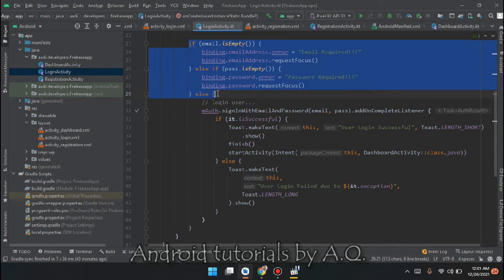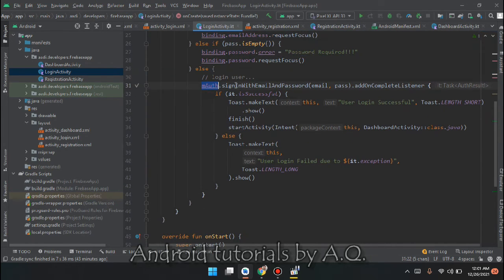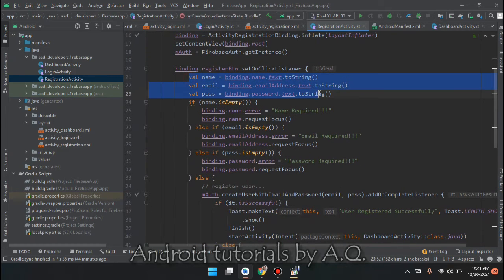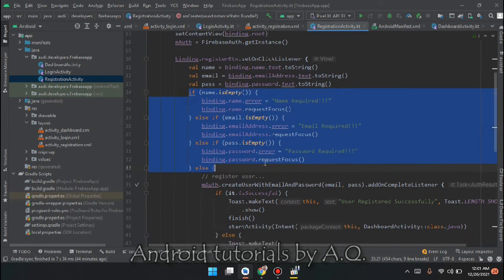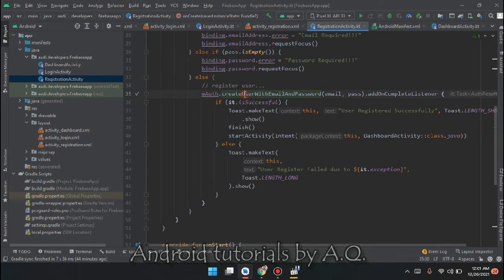So to keep it simple, we are just checking for empty fields, and if they are not empty, we will be using Firebase authentication's default method, sign in with email and password, and we will be passing email and password to it. We are checking if it is successful, then we will be redirecting the user to the dashboard activity, otherwise we will be showing them the error. Same for the registration activity. Here we have three fields. We are checking their validation, and if all is okay, then we will be creating a new user with email and password, and if it is successful, we will be redirecting them to the dashboard activity, otherwise